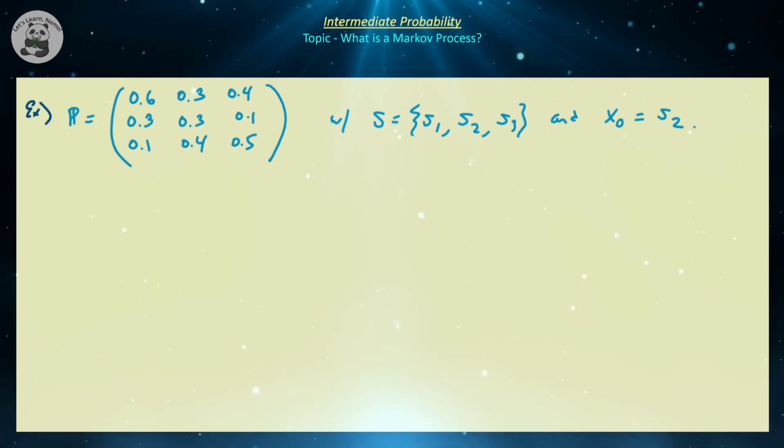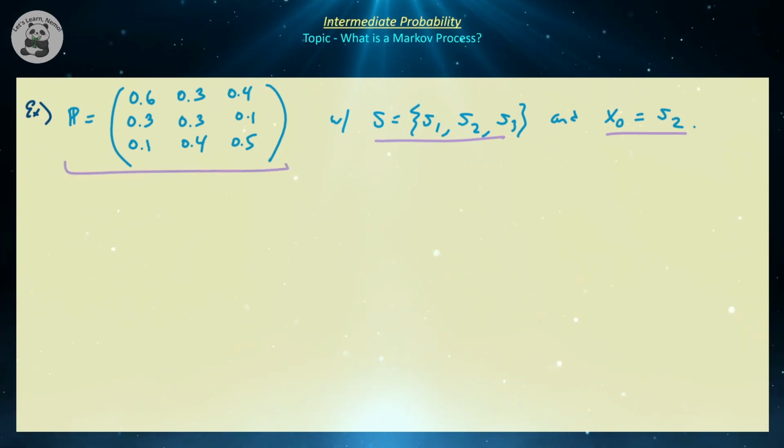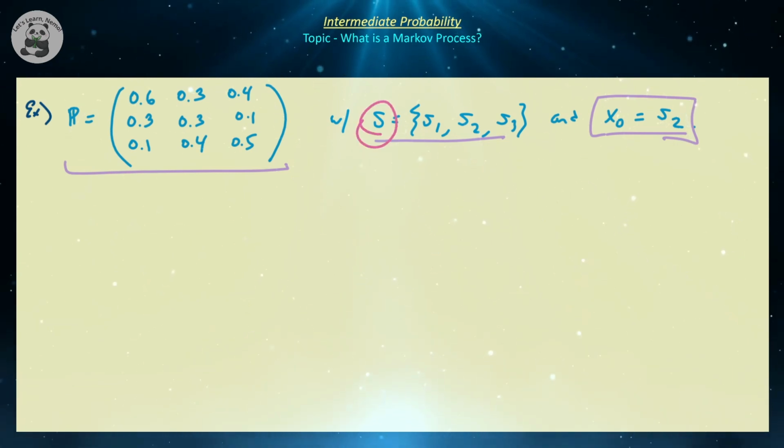So let's assume that we have a stochastic process whose state space contains 3 entries, S1, S2, and S3. Let's assume that the initial state of that stochastic process is state S2. And let's assume that we couple that stochastic process with a left stochastic matrix given by this 3×3 matrix P. So we're assuming that our initial state is equal to S2. So we should be able to state explicitly the probability distribution of x0 with respect to the state space S.